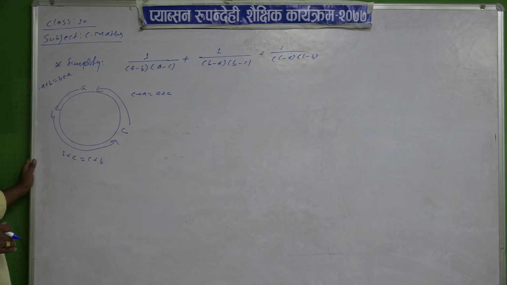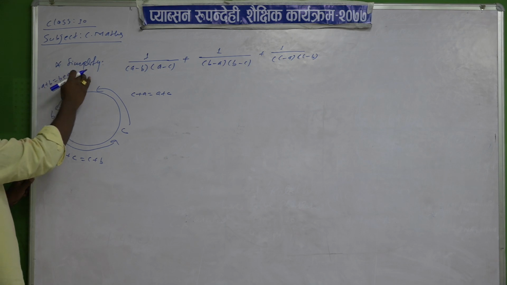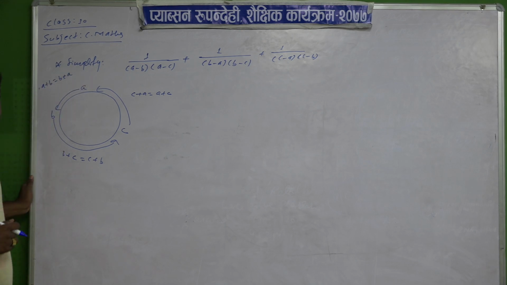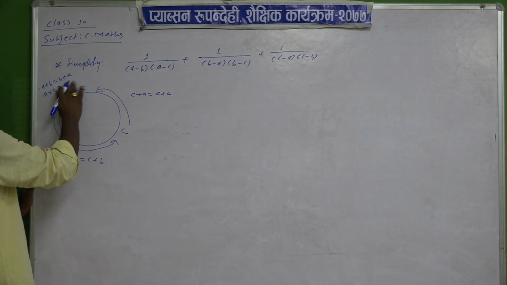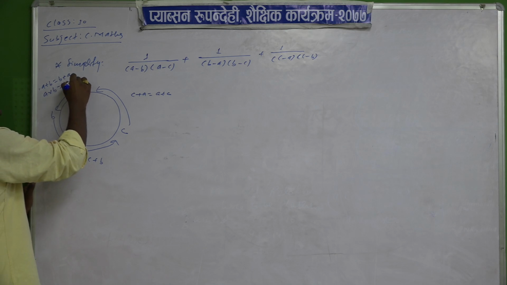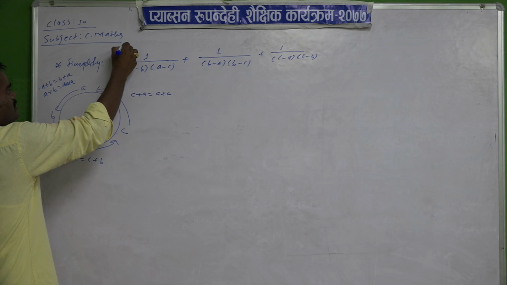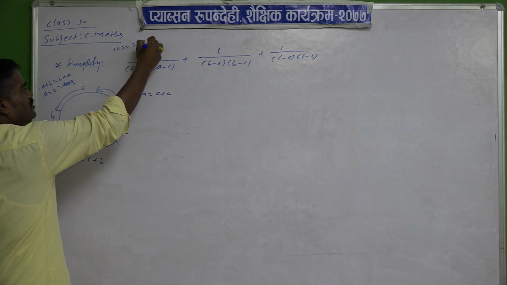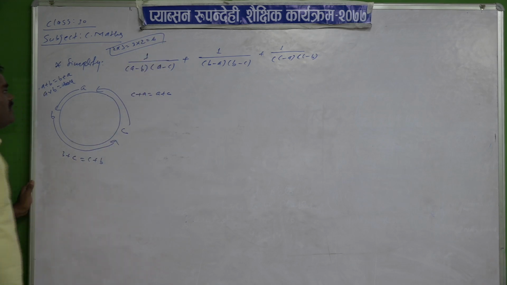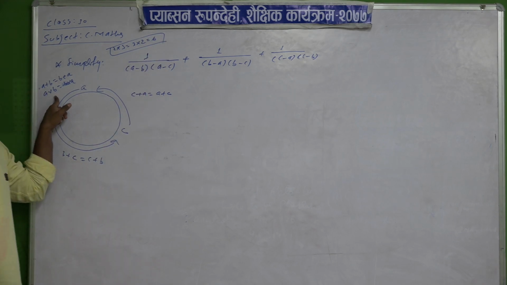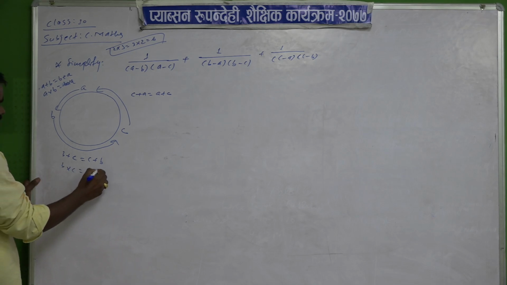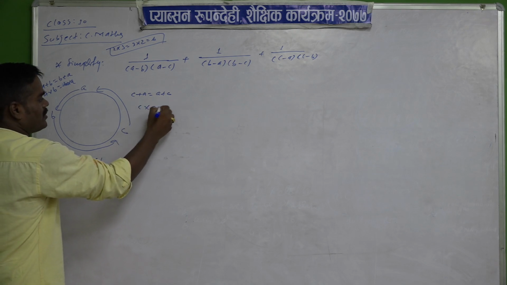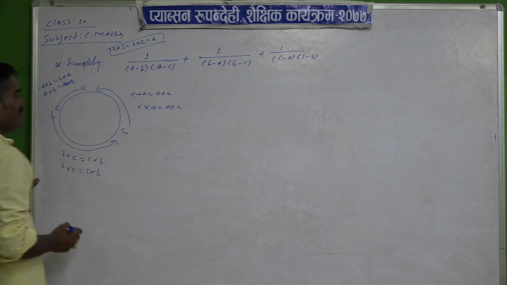So in the case of plus there is no change; we can write A plus B equal to B plus A because both have the positive sign. Likewise for multiplication, A into B equals B into A. Why? Because 2 into 3 or 3 into 2 equals 6, the result is the same. Likewise B into C equals C into B and C into A equals A into C.